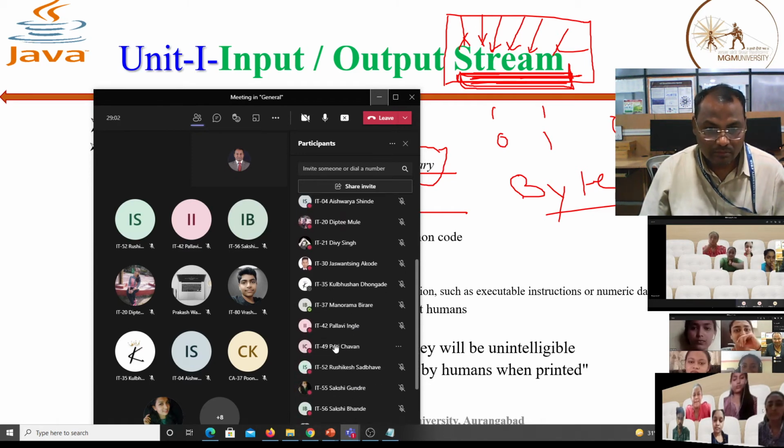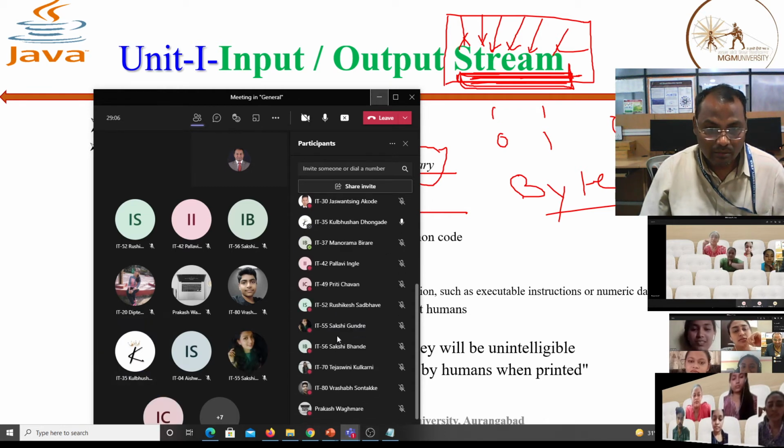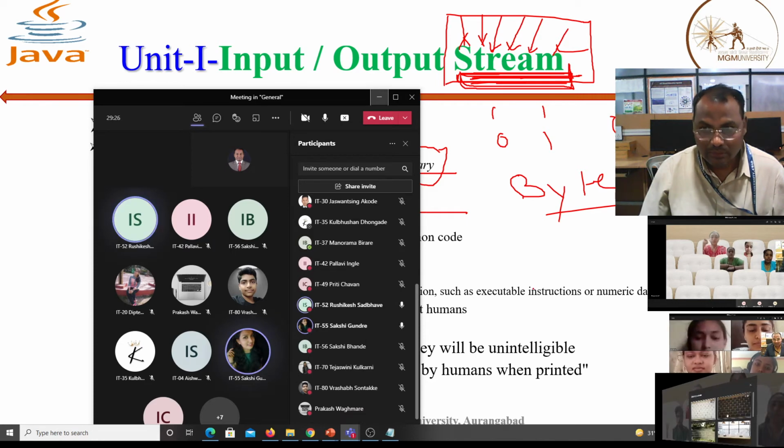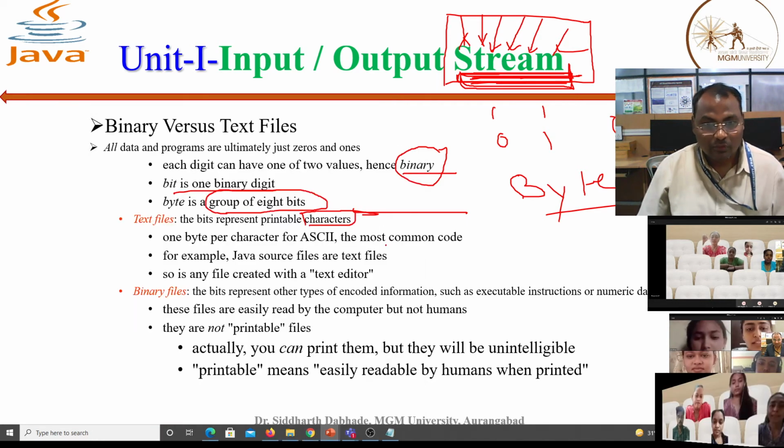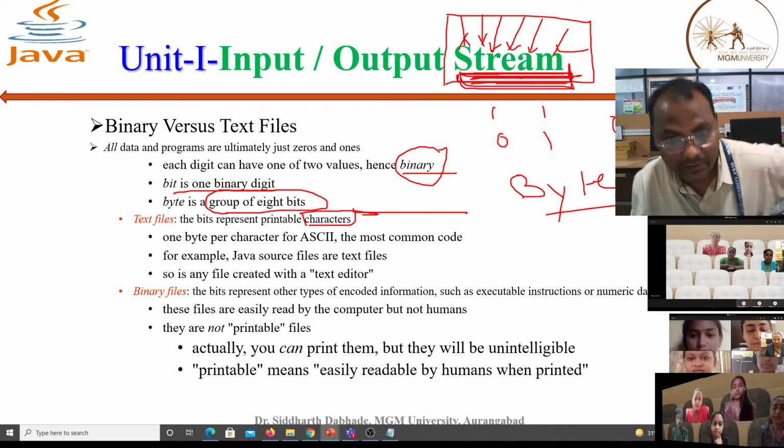Kulbhushan? Manorama? Yes, Kulbhushan. Manorama, Pallavi, Preeti, Rishikesh, Sakshi. 8 bits. Yes, sir. Right. Hope you understood the binary.